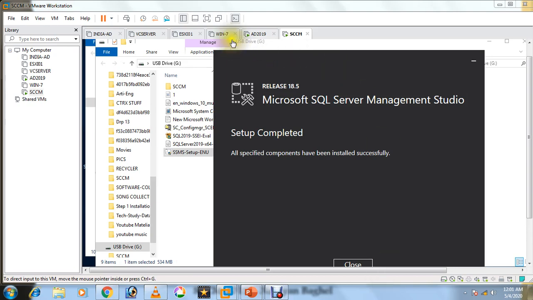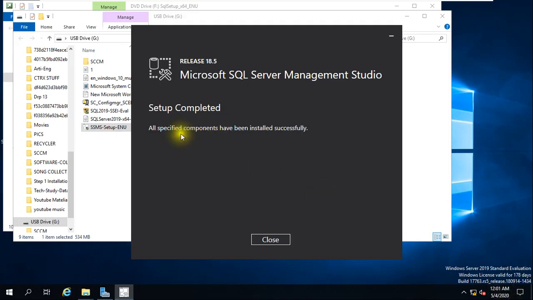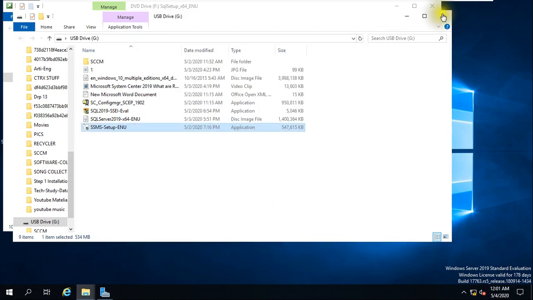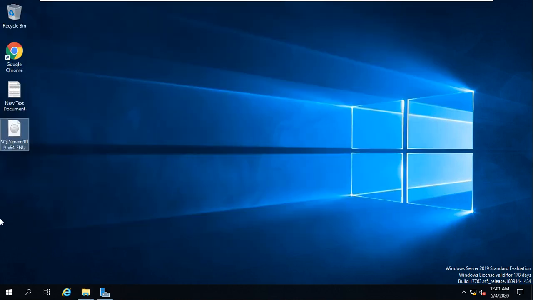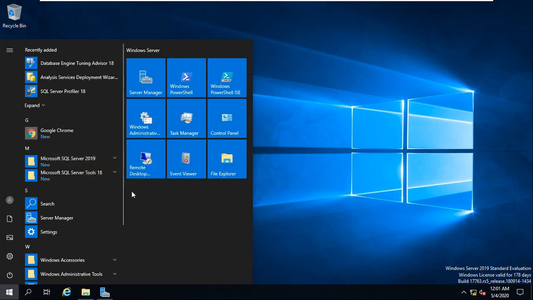So guys, setup is completed. As you can see here, all specified components have been installed successfully. Close it, close all the open Explorer windows and just go to all programs. Now you will see Microsoft SQL Server Tools. Once again you can see a couple of new things.